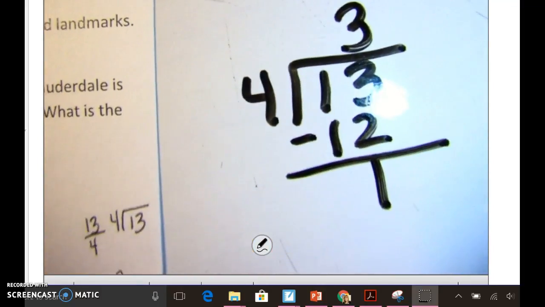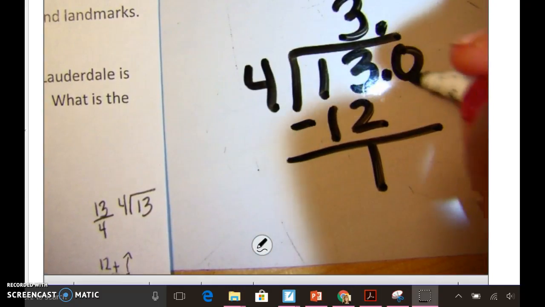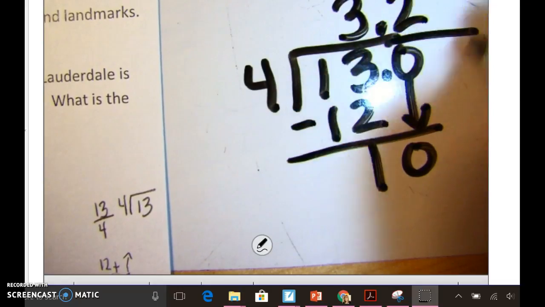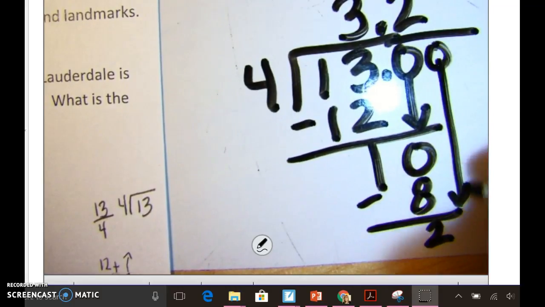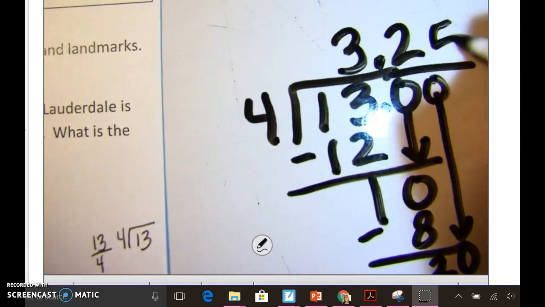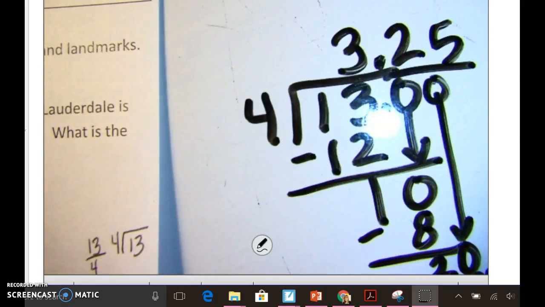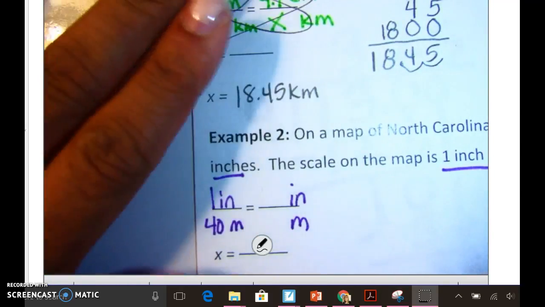I have 1 left over, and I'm going to put a decimal here and a decimal here, and I can add a 0. And 4 goes into 10 twice. 10 minus 8 is 2, and you add a 0 and bring it down. And 4 goes into 20 5 times. Minus 20 equals 0. So instead of writing 3 1/4, you can write 3.25